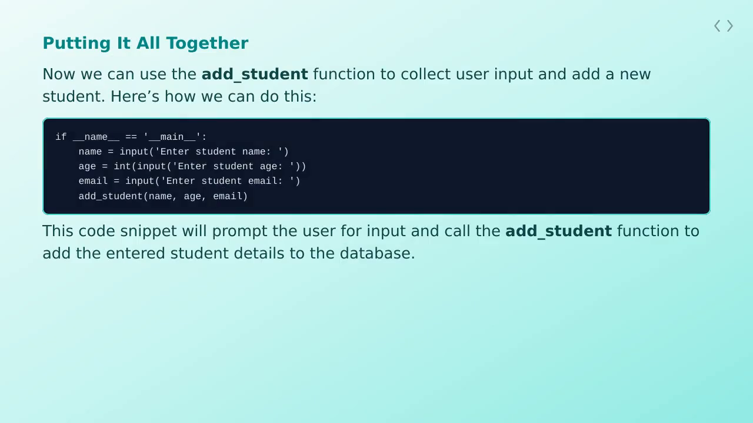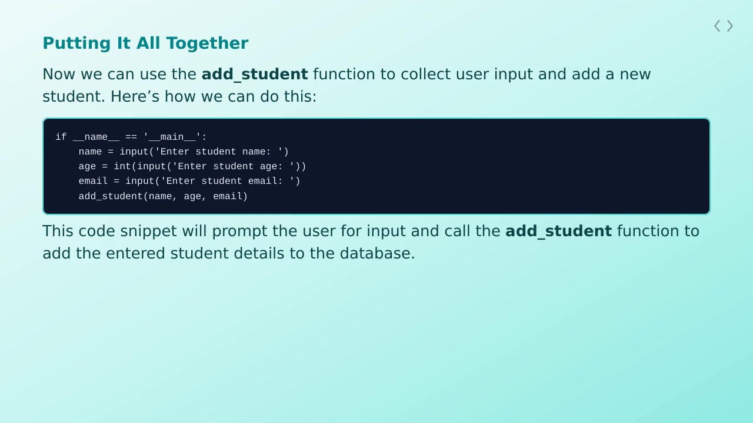This section covers putting it all together. Now we can use the add_student function to collect user input and add a new student. Here's how we can do this. Copy the starter code from the slide into your app file. The run steps are shown on screen. This code snippet will prompt the user for input and call the add_student function to add the entered student details